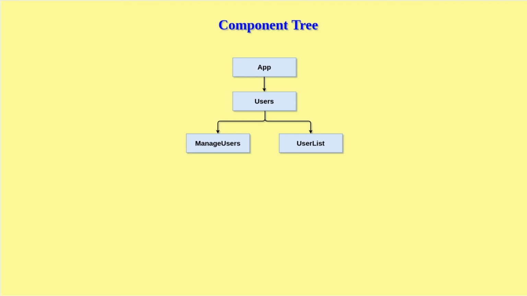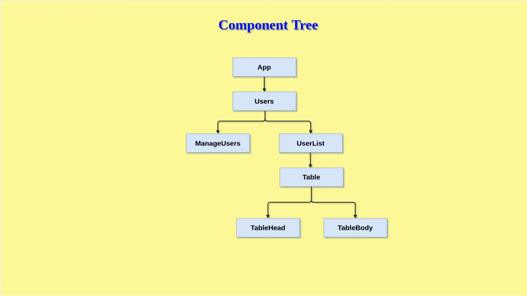Apart from that, this user list component is going to have a table component. As I am saying, in a listing we are going to show the data in a table format, and in table format we are further going to divide our component into table head and table body components. Apart from that, as I have already mentioned, there are three buttons in the application, that is add user or update user, then delete user or update user, right? So for that we can create a common method or a common component for our buttons, and that is optional.